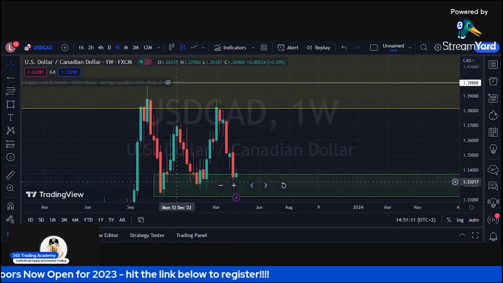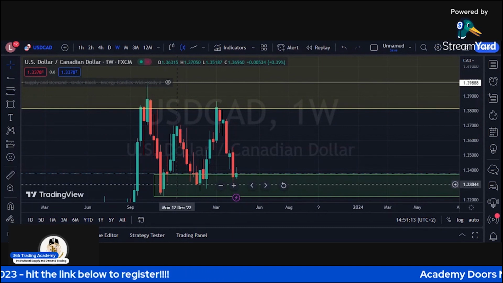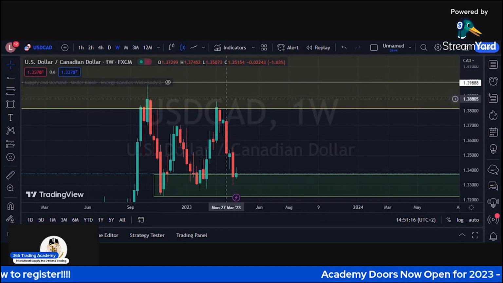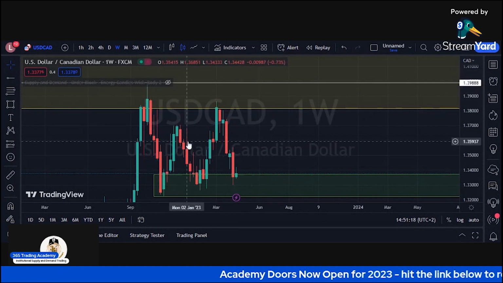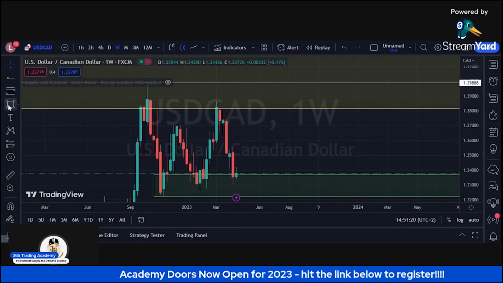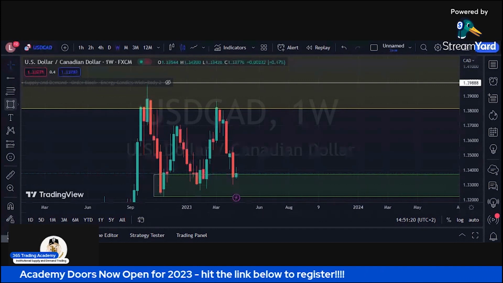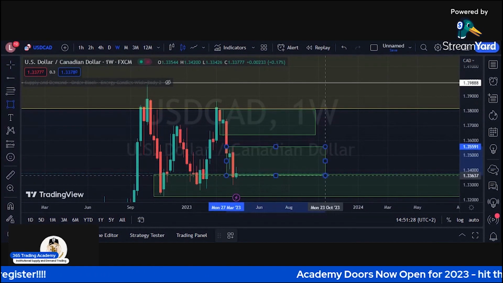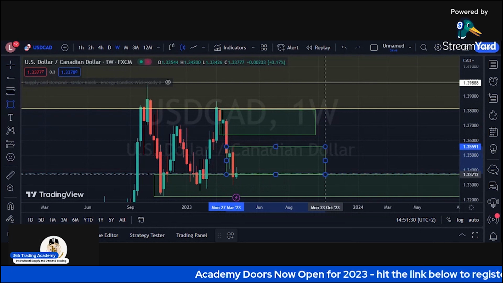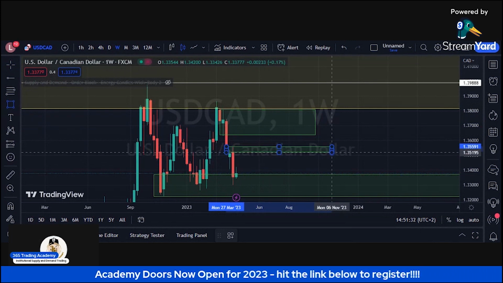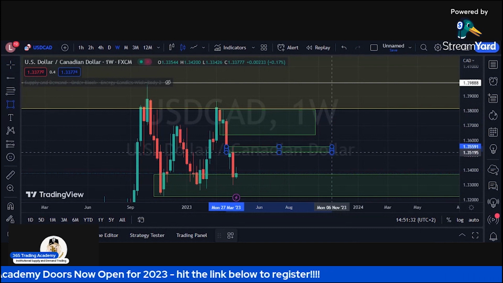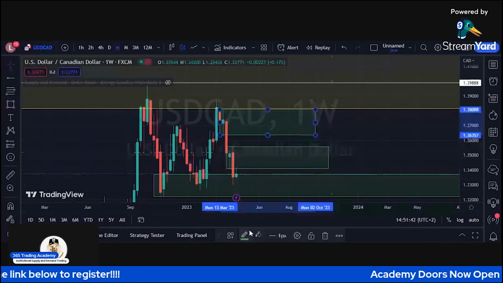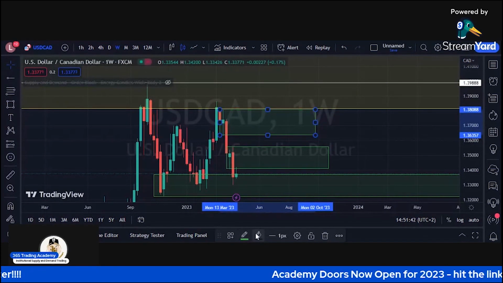So that's where markets are. Markets are sitting on a weekly demand, sure, but they're going against the last thread of this monthly supplies, right? They're going against a thread of monthly supplies, and anything goes here. This could stop price on the weekly time frame. This could stop price on the monthly time frame. And this is supposed to be yellow, right? Yellow is for supply.